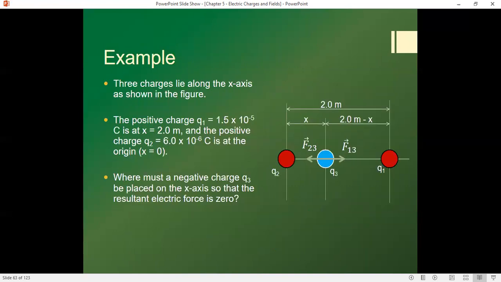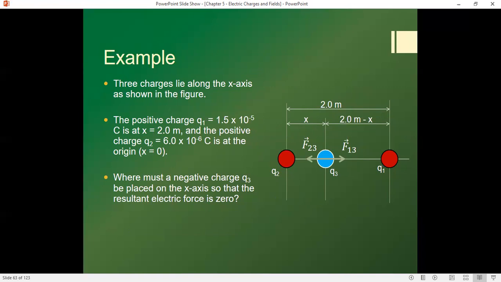Okay, let's do an example here. We're going to do another calculation. This is going to be a little more challenging, though. In the previous calculation, we just said, oh, what's the force? I know the distance. I know the charges. What's the force? In this one, we're going to do a little bit of a balance, okay? And just see how we're still sort of ignoring the vector nature in some respects, but